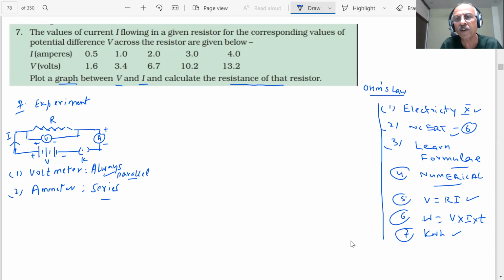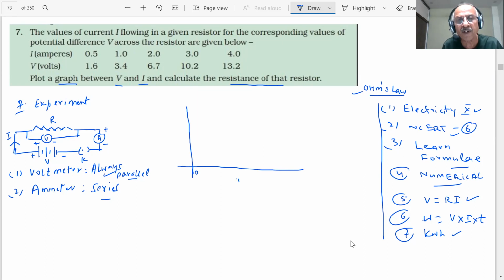We have told you, students, what experiment was done in order to prove Ohm's law. So students, you have to make a graph. How do you make a graph? Any graph is made like this. If you have a graph paper, very good. I will take 2 axes. This is my 0 point.